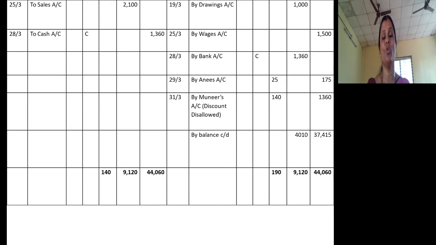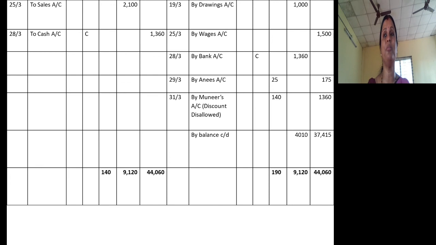Bank account. So when we deposited the check, we passed a journal entry bank account debit to cash, assuming that bank balance will increase, cash balance will decrease. Definitely cash balance will decrease, because when we posted an entry of receiving the check from Munir, we treated it as cash receipt. When the same check is deposited another day, definitely cash reduces. That's why whenever the check of Munir was deposited, what journal entry we passed? Bank account debit to cash. So bank balance increased. Now the same Munir check was dishonored. Definitely bank balance will reduce.